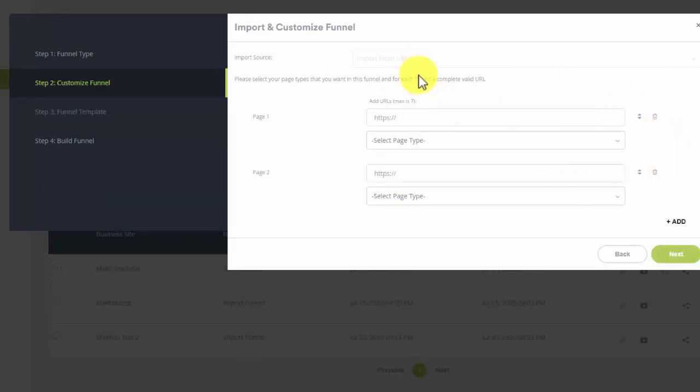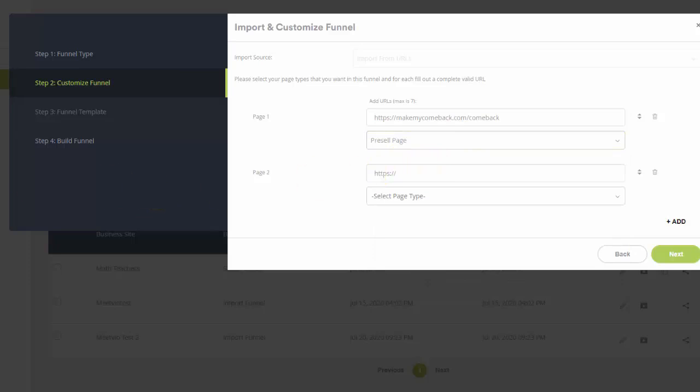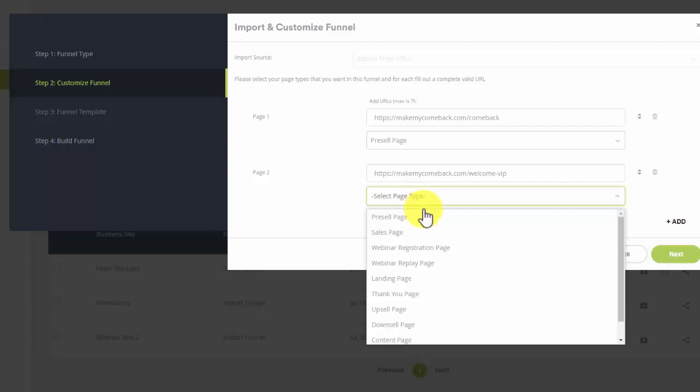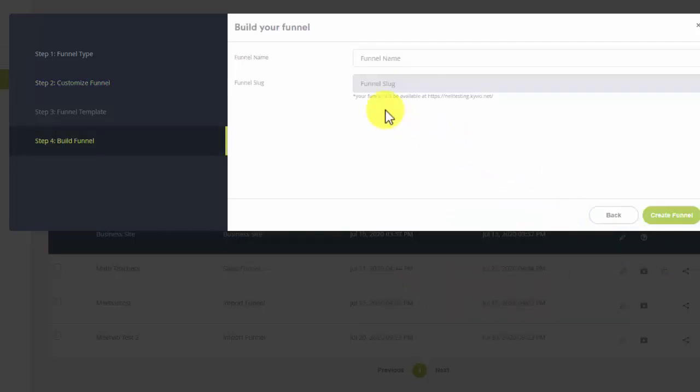So let's go ahead and add this URL. That's not the one. Okay, so this is the first one, which is going to be the pre-sale page. It's his opt-in page, and then this is going to be his welcome page. So this is going to be the thank you page. This is important for classification. I'm going to click next and call this